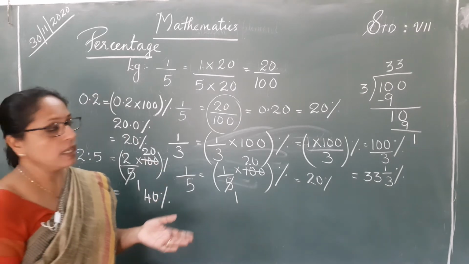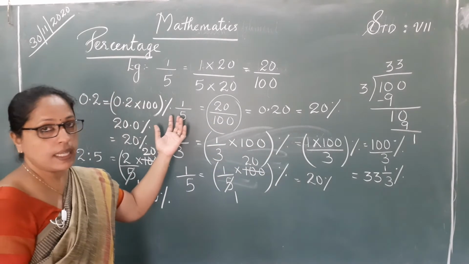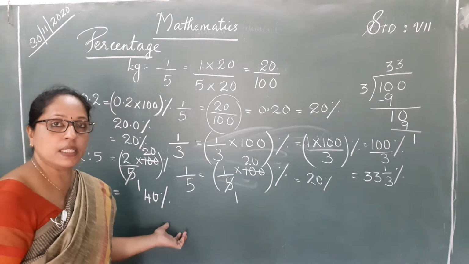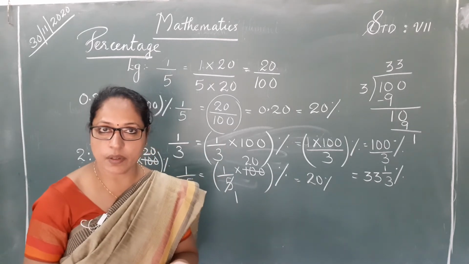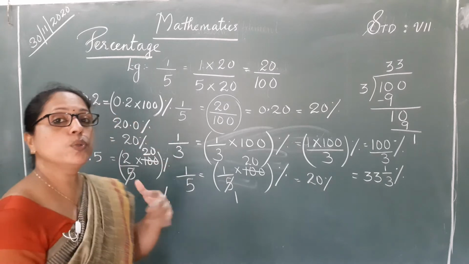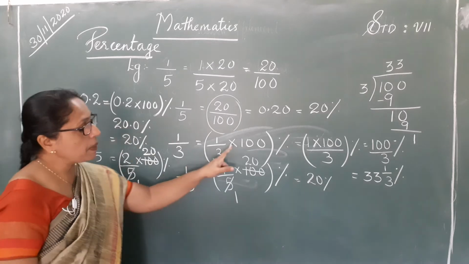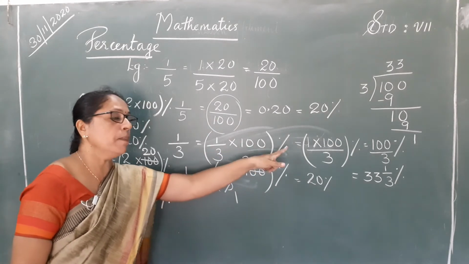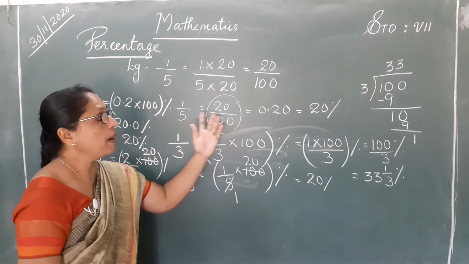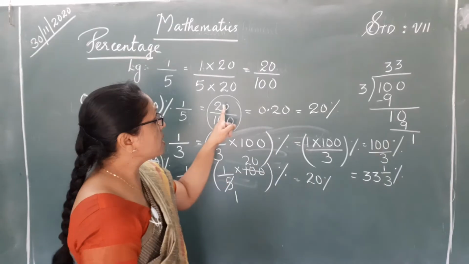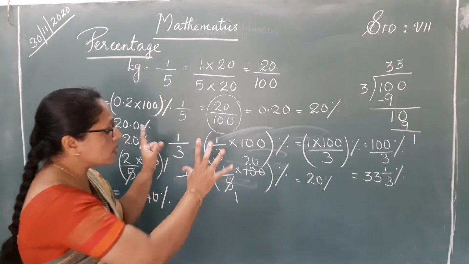So here we have seen a fraction changing to percentage, a decimal changing to percentage, a ratio changing to percentage. So in every case, to change a fraction, a decimal or a ratio, what do you have to do? Yes, we have to multiply by 100 and put the percentage sign. Now, certain fractions we can do directly by the equivalent fraction method also, changing the denominator to 100. But that's not always possible. So this is the common rule.